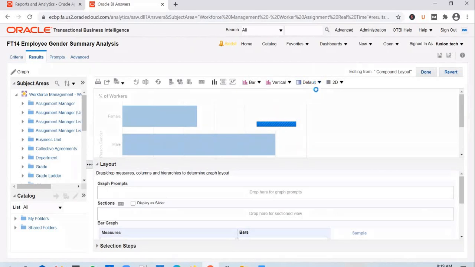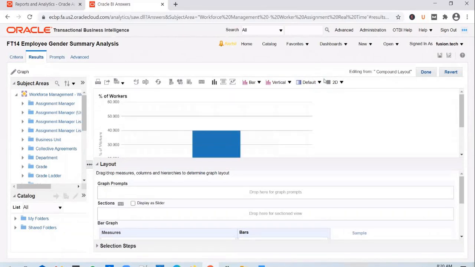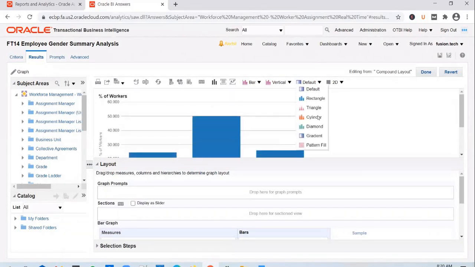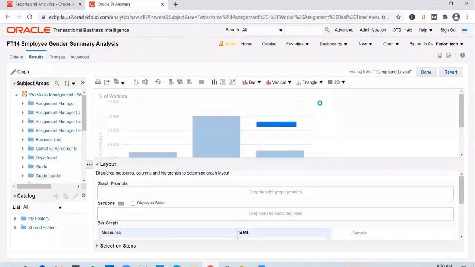And by default, the graph will be displayed in a 2D format. And there is a specific color combination or a pattern in which it gets displayed. So if you want to change the style, you can change the style of the graph as well. So if you click on this, if you want to see them as cylindrical or as a triangle or other options, you can do that as well. So if you want to see it as a triangle,